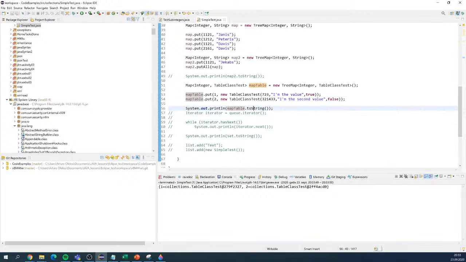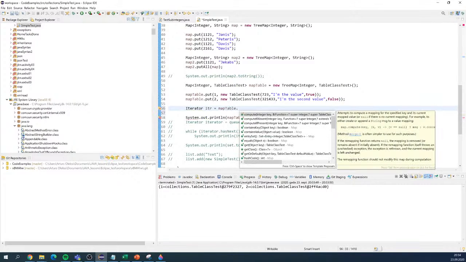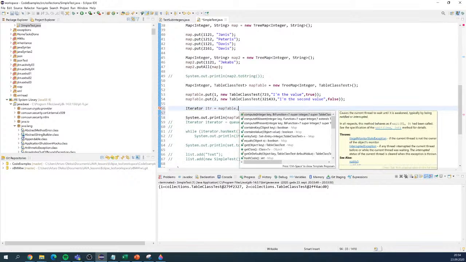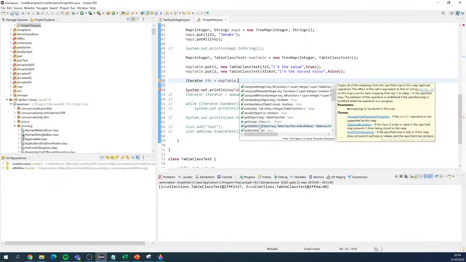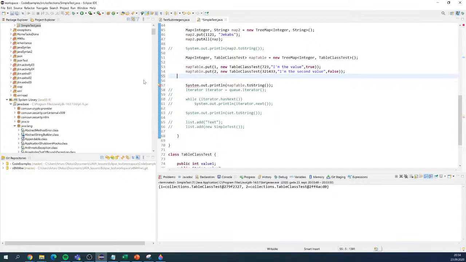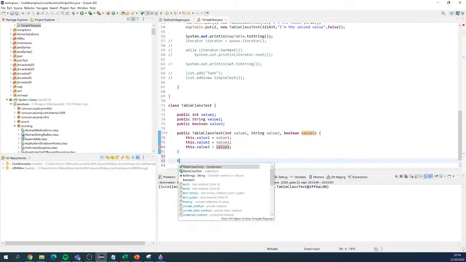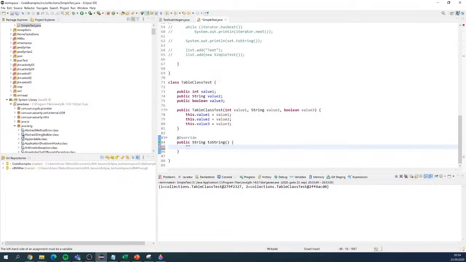Yeah, in this case you cannot really just, okay, maybe let's use iterator. Iterator equals map table iterator. Okay, I think there is no direct iterator. Yeah, I think that for maps there was no iterator, but maybe once again redefine method toString